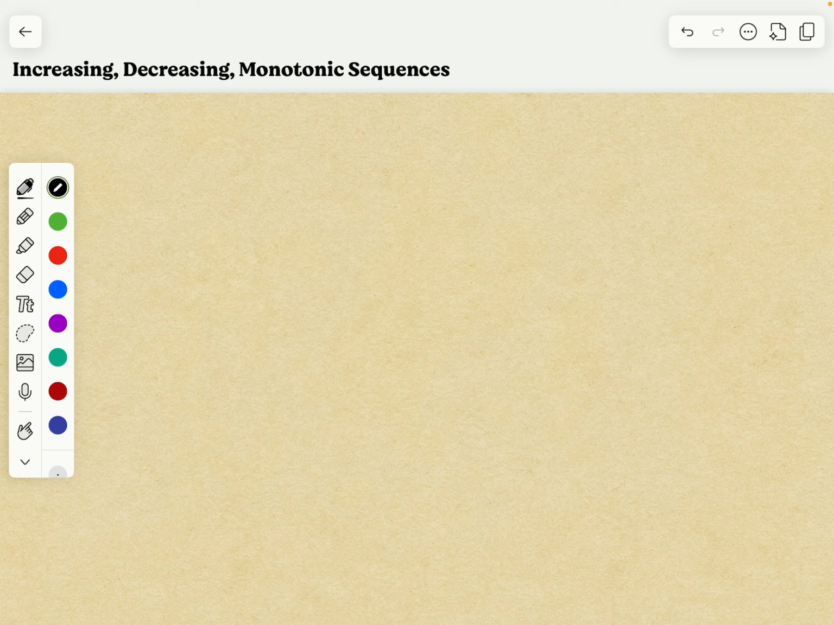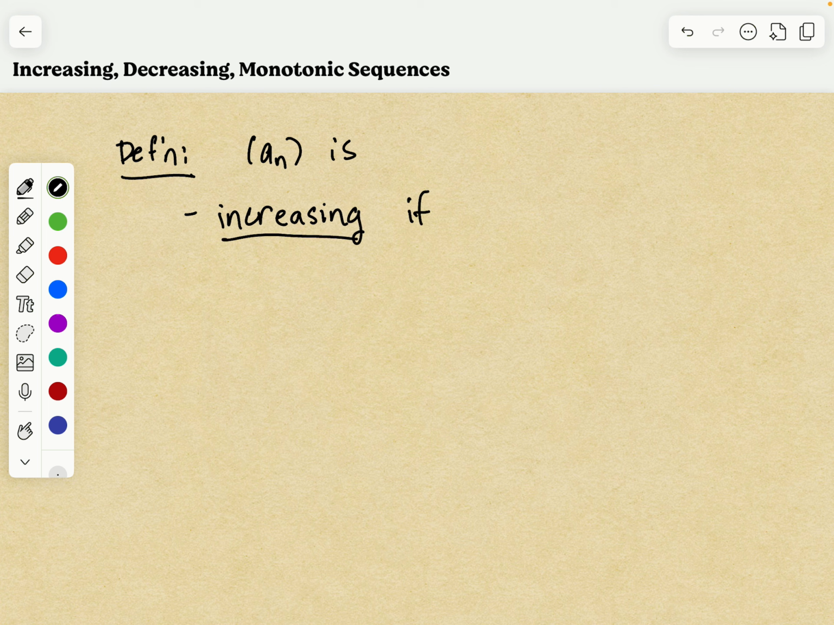In this video, we're going to talk about increasing, decreasing, and monotonic sequences. So here's the definition. Let's say that we have a sequence a sub n of real numbers. Then we say that it's increasing if